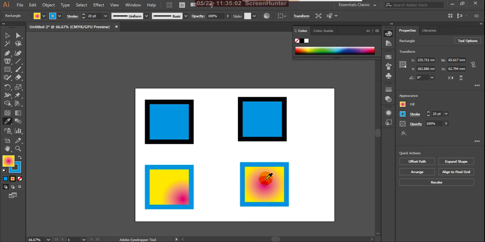Okay, Control Z. It automatically copies this color, but not exactly the way. Suppose, Control Z, press Shift, and here I'm choosing the color.